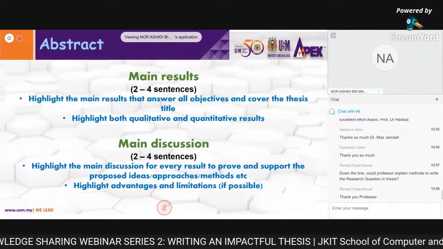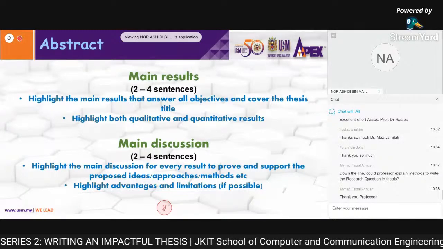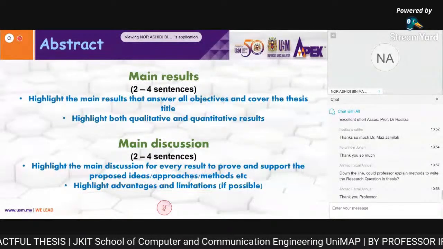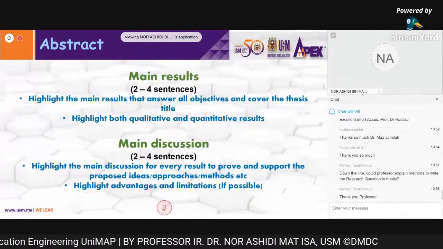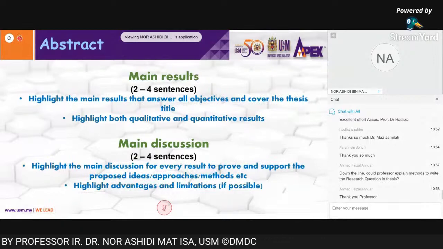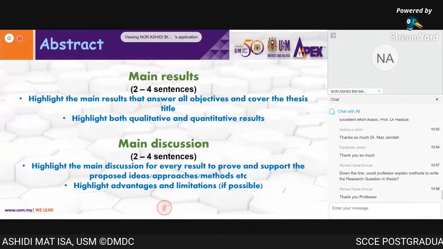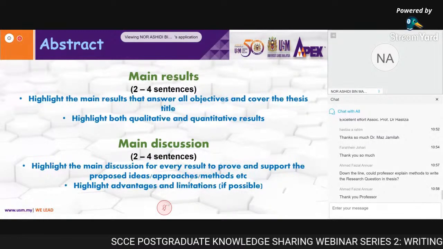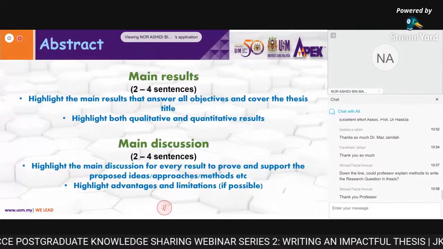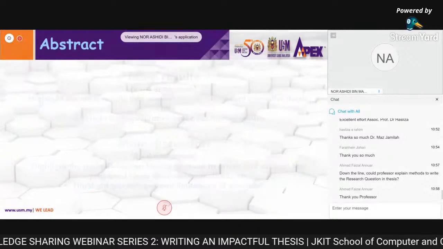Okay, so the limitation will make sure that examiners know, okay, this is the scope until this point. Up until this point, this will be the future works. A PhD is not everything. It's about a specific scope of your research area. Okay, so make sure that you know exactly your boundary, from which point to which point.